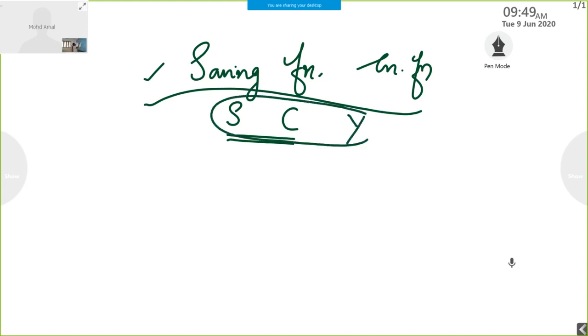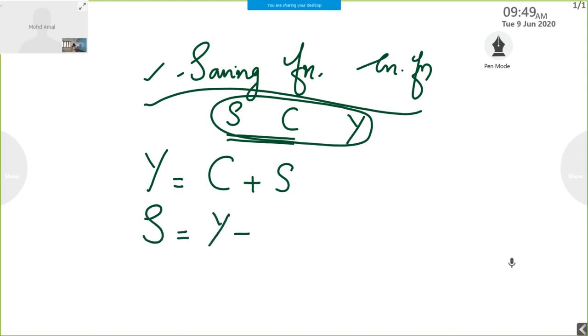So based upon these three concepts we can take the formula Y is equal to C plus S. We are going to derive saving function. That's why we can modify the formula like this: S is equal to Y minus C. Then what we have to do? Substituting consumption function or consumption equation. So we will get S is equal to